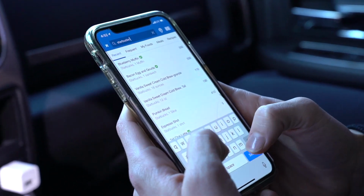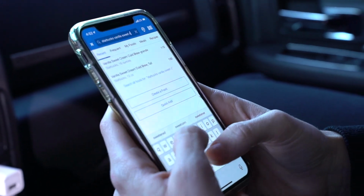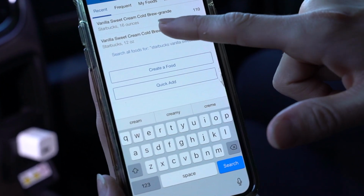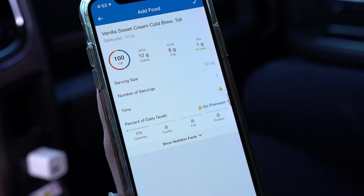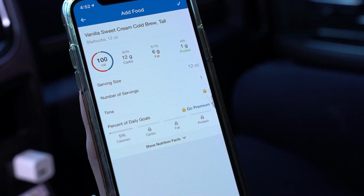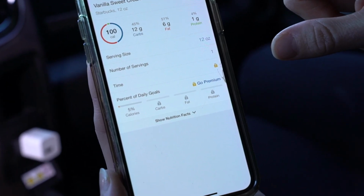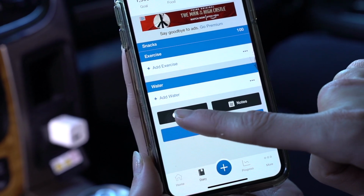So the cool thing about MyFitnessPal is the database, because it's been around much longer than any of the other apps. It's got one of the largest databases for calories. So she just typed in Starbucks vanilla sweet cream, and sometimes you don't even have to type the whole thing in, it'll just pop up. So it's got the macros listed. It's got 6 grams of fat, 12 grams of carbs, 1 gram of protein, and she's going to hit the check mark. And so now it's going to add that to her diary for the day,